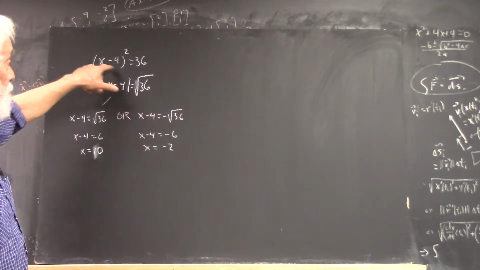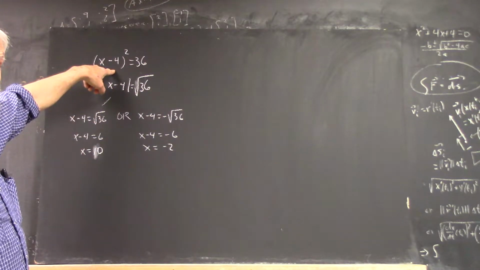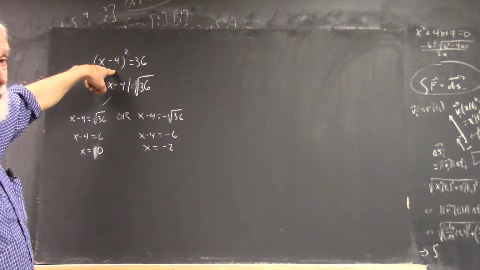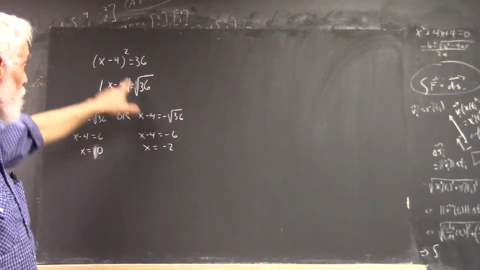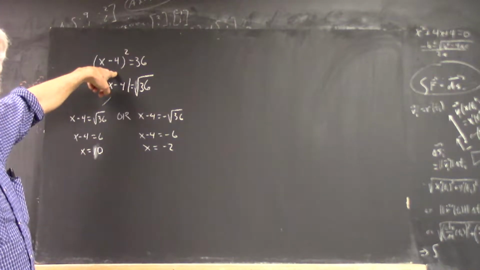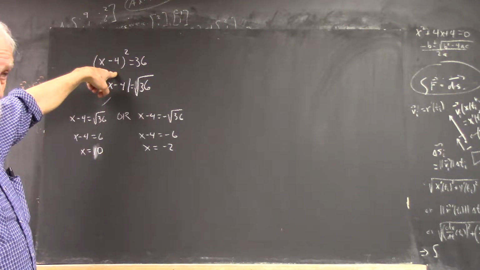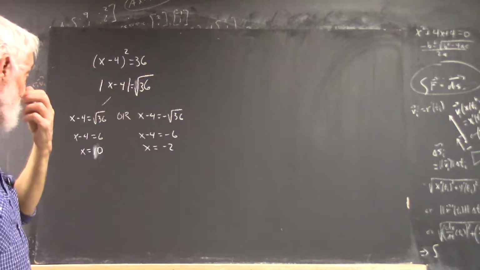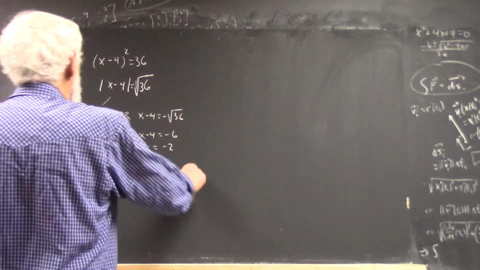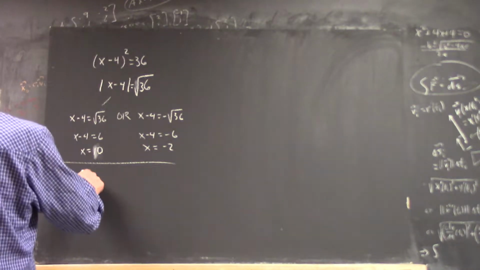Plug 10 in. What's 10 minus 4? 6. You square that, you get 36. Plug in negative 2. What's negative 2 minus 4? It's negative 6. What do you get when you square negative 6? You get 36. Okay? Now, you could also